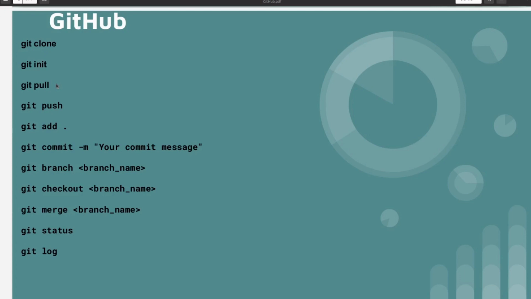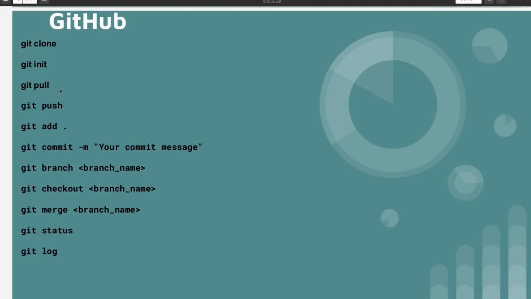If your code is not up to date, you will face challenges there, and you will not be able to push your changes to that specific branch. So in order to avoid such an issue, your repository should always be up to date. In order to do that we use the git pull command.